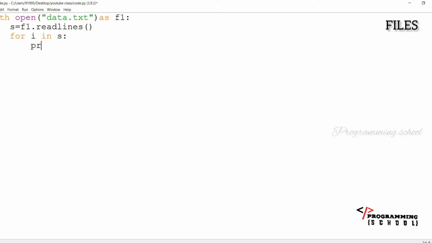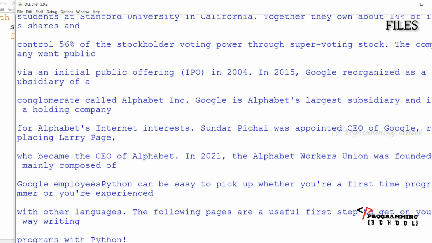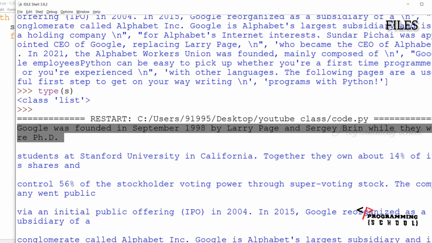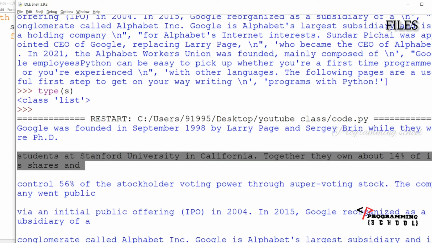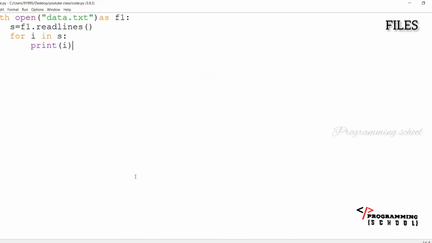I'm going to print i here every time. Every line is converted into one element in the list. This is one element and this is another element. That means we are reading the string, but every line is converted into a list value here, using readlines(). If you are reading with f1.read(), it is going to read all the content.